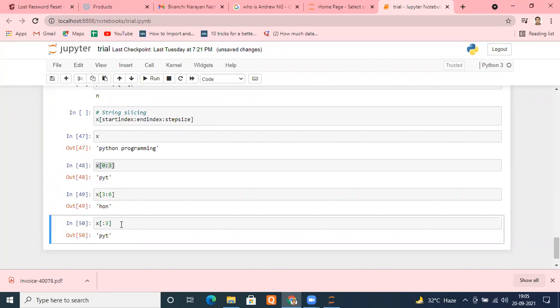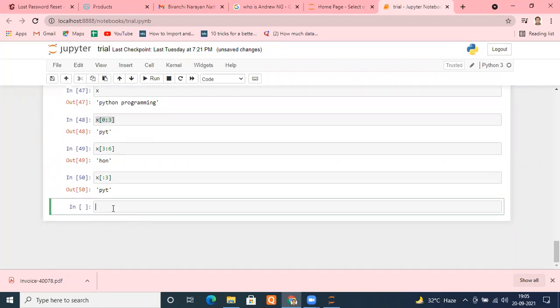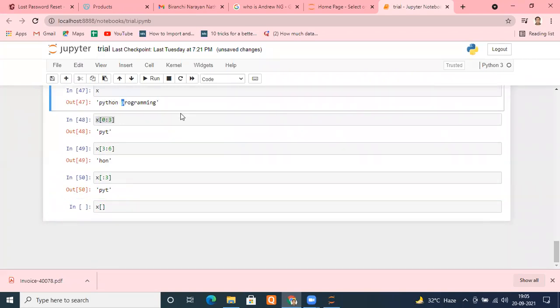Fine. Similarly, I can use any starting index I want. For example, this is 0, 1, 2, 3, 4, 5, 6. From 7, I want till the end.